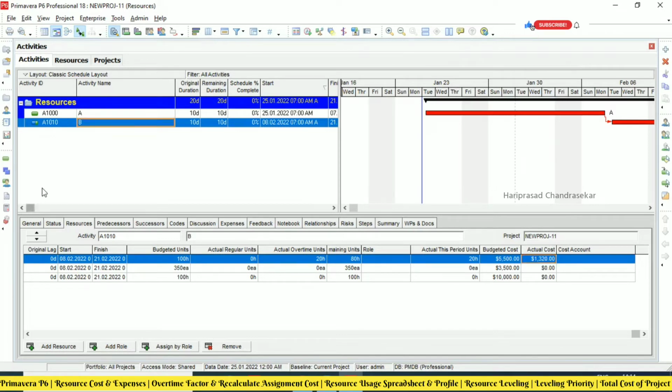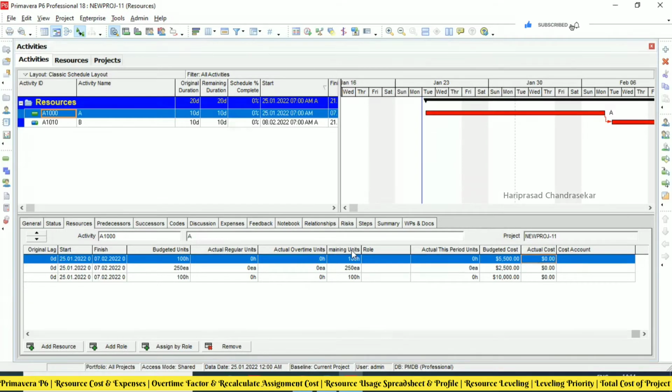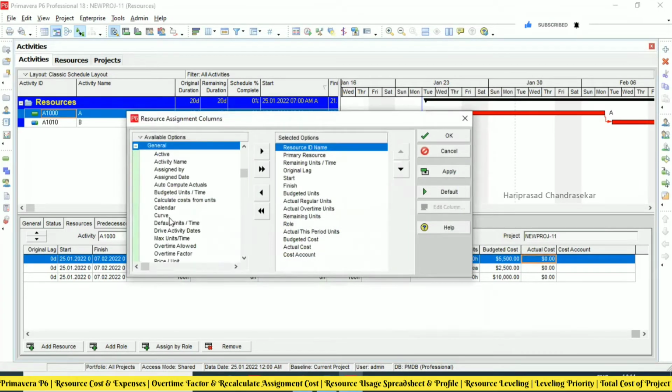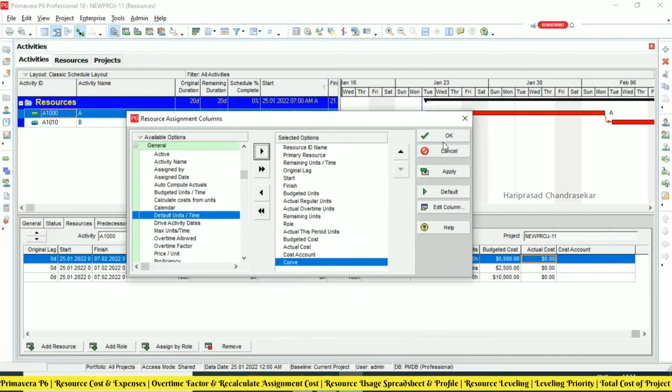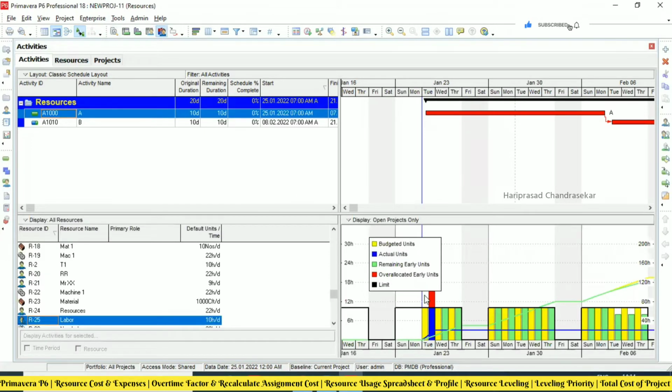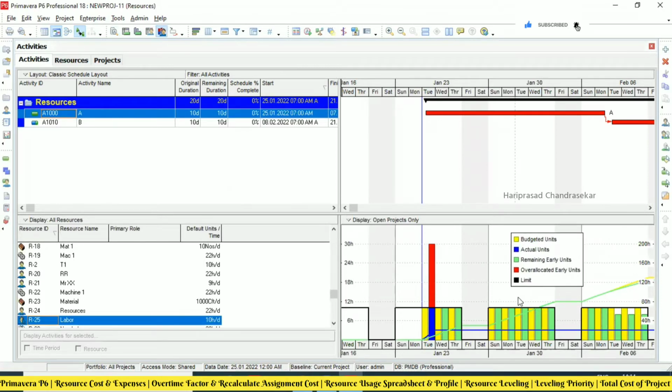What else? In resources, there is something called the resource curve. For example, here I need to go to Customize Resource Columns, and in General we can see something called curve. By default nothing is selected, and we can also see the resource usage profile here. See, this is in a linear position. Can you see that?